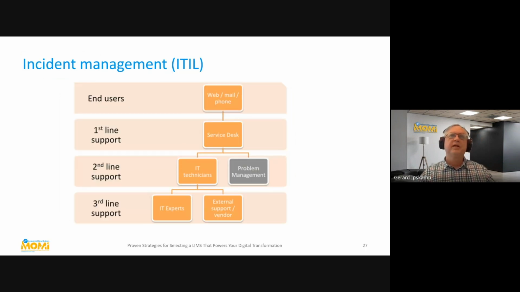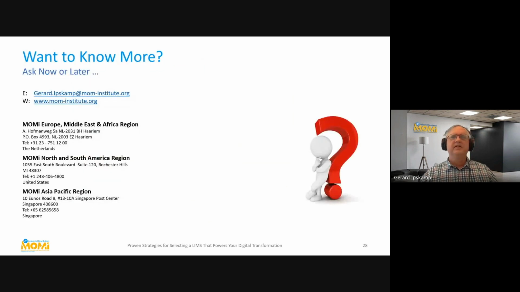And then last, always forgotten, especially if you come from paper and Excel, you need to think about what your process is for incidents and changes. So who is the end user going to call? A service desk, a key user, and who is he going to call? And the vendor, most of the time, is the third line support. Having said that, that finished my story, Philip.